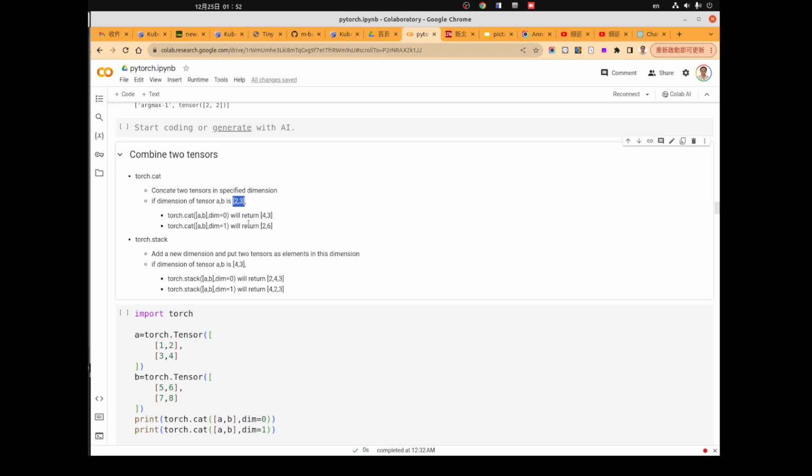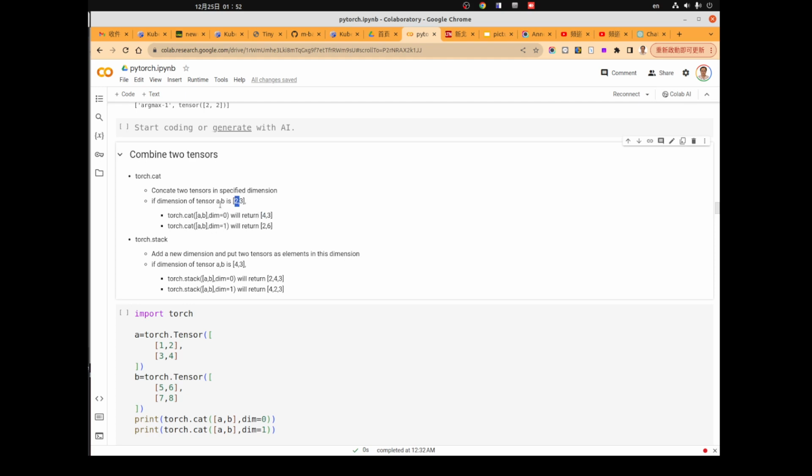So if we concat them in dimension 0, the 0 dimension will go from 2 to 4. Since we concat the dimension 0 for both tensors, the number of elements in this dimension will be doubled.